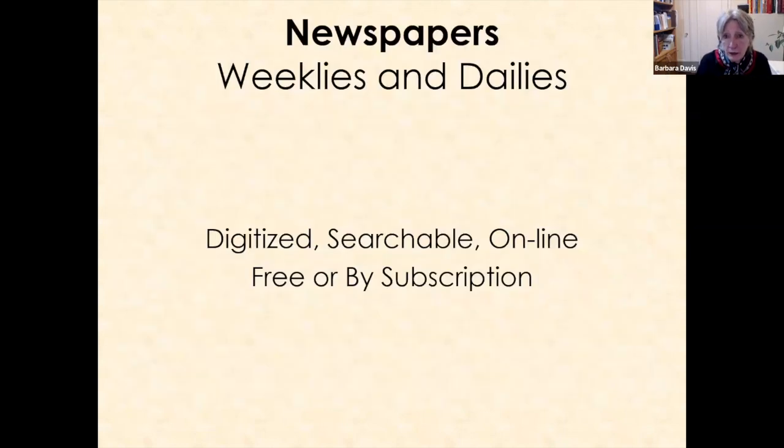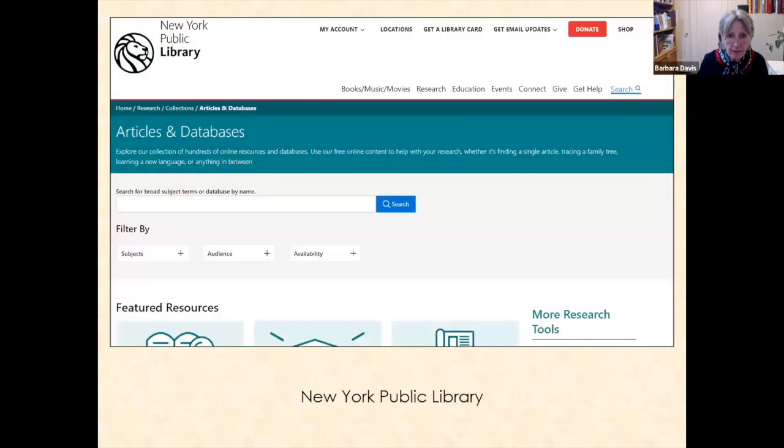Now, newspapers, weeklies, daily, they're digitized, they're searchable, they're online, free or by subscription. The New York Public Library has access to a lot of newspapers. It opened up worlds for me because the New York Age, which was the African American newspaper, has all been digitized and it's online at the New York Public. It's been a wonderful resource for me as city historian for New Rochelle. Have all kinds of databases. It will take some time. You'll get used to it, but it's a good